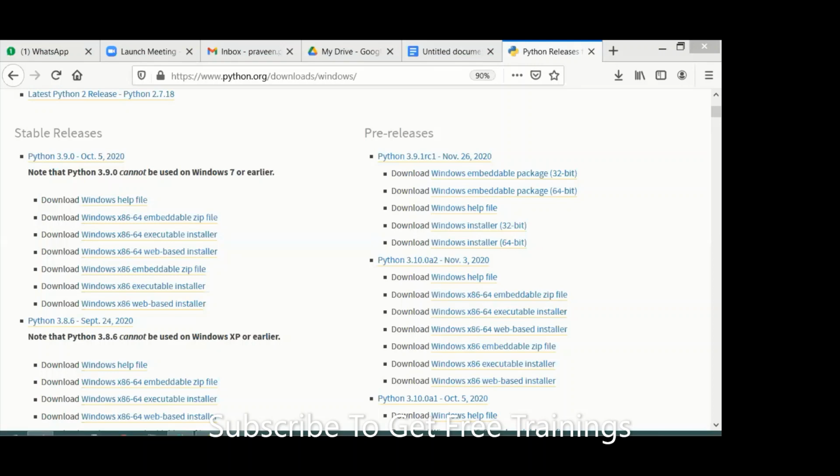If you're on 32-bit, download only x86. Not the web-based install, just the installer. You'll get an exe file. Just double clicking on that, you can install the Python software. Simple story, nothing big.